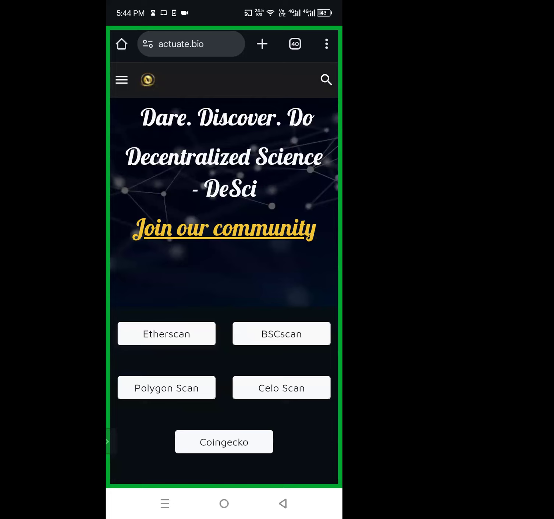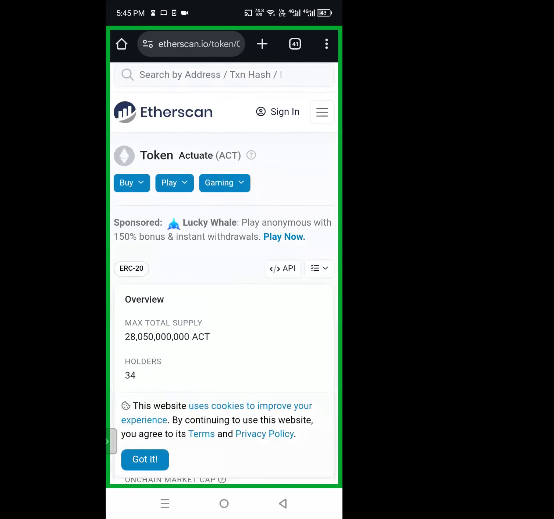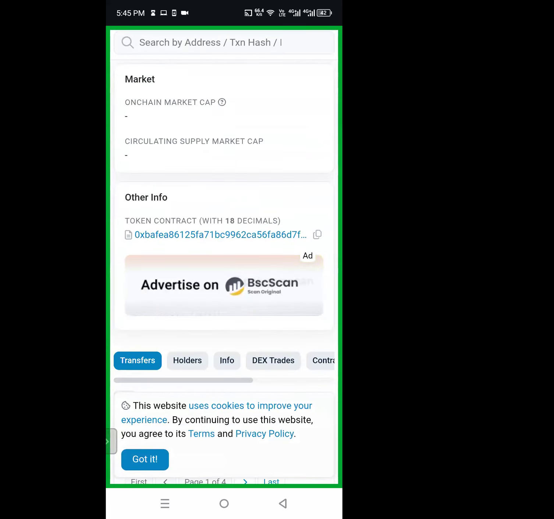So when you want to get the Actuate contract address, you come to the Actuate website and click on Etherscan, and it's going to take you to the Etherscan Actuate page where you'll be able to see the token contract, written as token contract with 18 decimals. So you just click the two boxes after the 0x. That is the contract address. I'll click on the two boxes at the right, and you can see it has said copied.